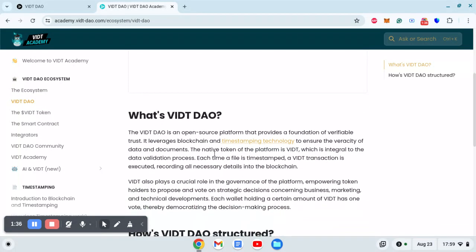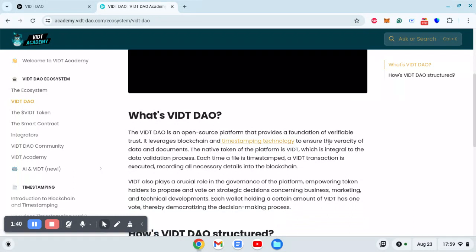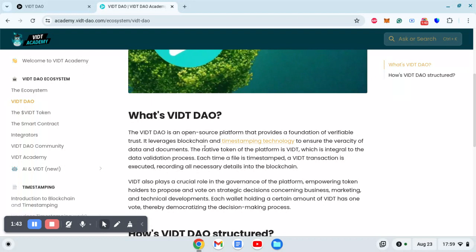What is VIDT DAO? The VIDT DAO is an open source platform that provides a foundation of verifiable trust. It leverages blockchain and timestamping technology, which we already discussed a bit in the previous part 1 video, to ensure the veracity of data and documents. The native token of the platform is VIDT, which is integral to the data validation process. Each time a file is timestamped, a VIDT transaction is executed. So basically, when somebody is going to timestamp, then they will have to use the VIDT coin,